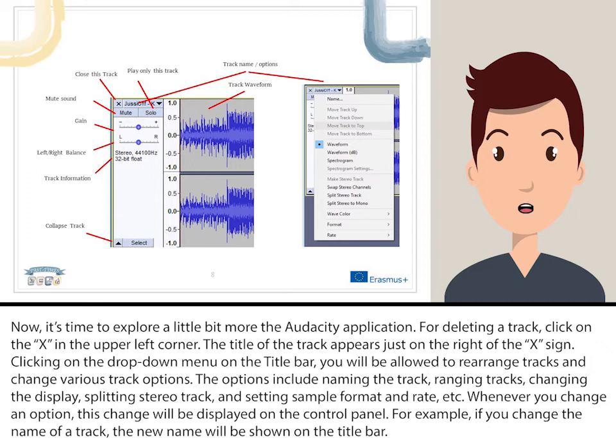Now it's time to explore a little bit more the Audacity application. For deleting a track, click on the X in the upper left corner. The title of the track appears just on the right of the X sign. Clicking on the drop-down menu on the title bar, you will be allowed to rearrange tracks and change various track